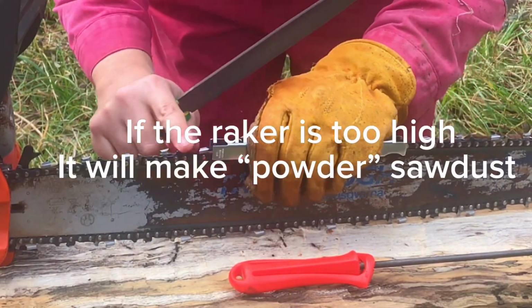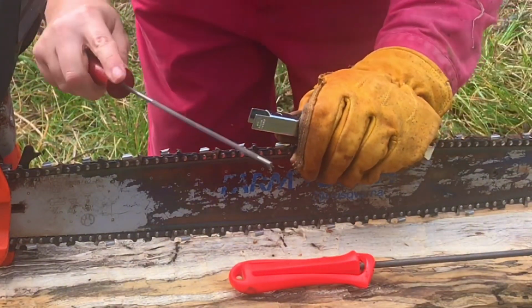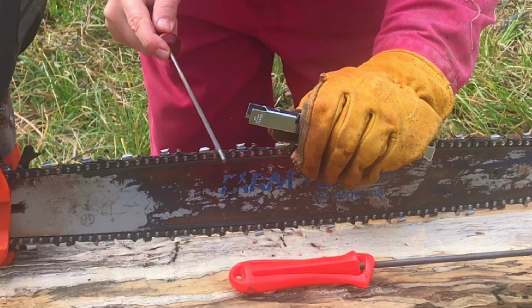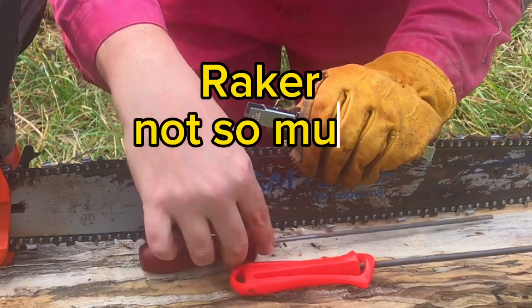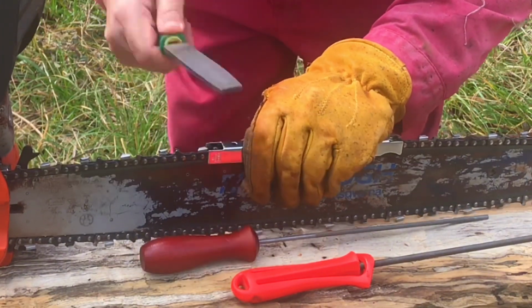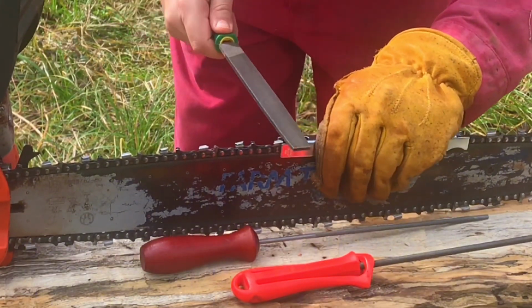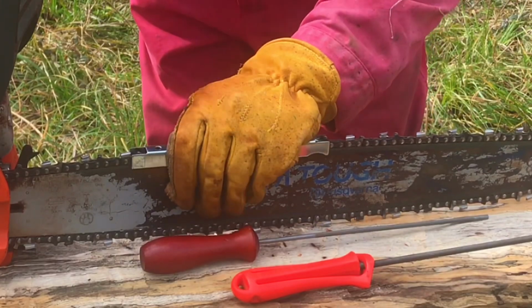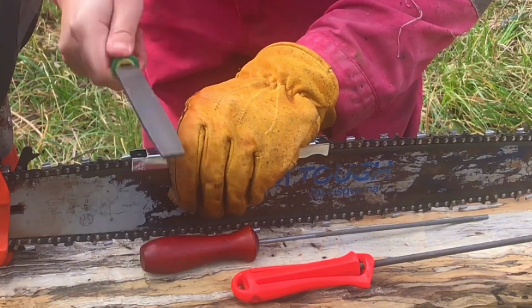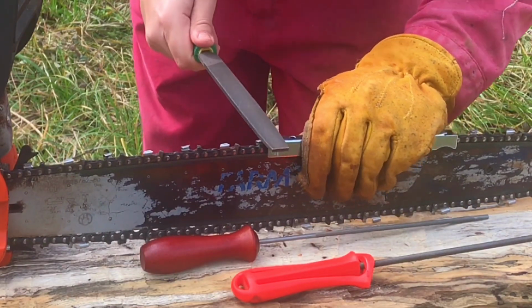And as you see, this is the part right next to the tooth. So the tooth is where we just filed with a round file. That's right here. That's the part that cuts. And then the bump right in front of it, that's the part that clears the sawdust out. And you don't want it to be above the tooth, because then you'll just make a lot of powder versus making saw chunks, you know, taking out chunks. Whenever you sharpen your saw and you start getting powder, that's when